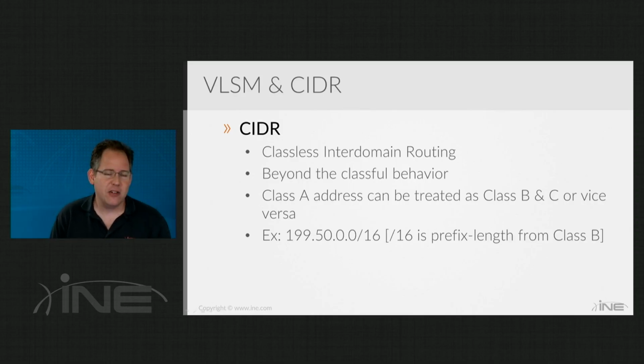With classless interdomain routing, the whole idea of classes is completely gone. That means you can apply any subnet mask you want to any address. For example,